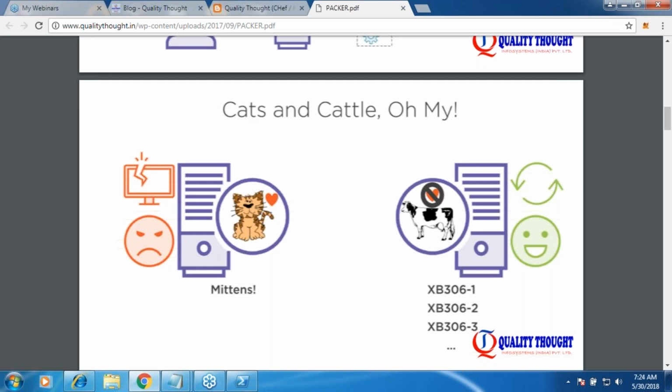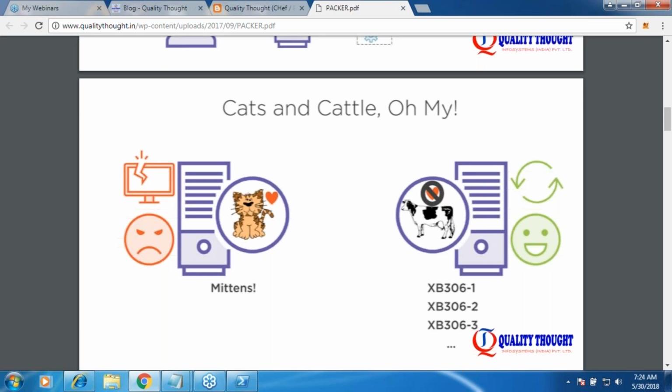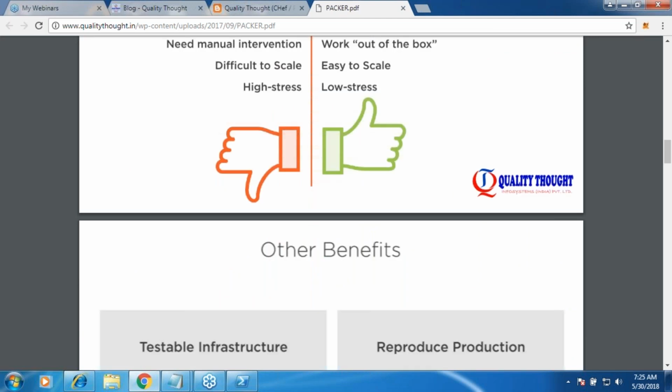We don't try to correct it. So let us assume you have created a virtual machine and for some reason that virtual machine is not working. And there are 10 other virtual machines that are working, but this is the only one which is not. You would just shut it down and create a new one. You would not even get into the issues. You will look into the issue if all 11 are facing problems. That's the way we look at it right now.